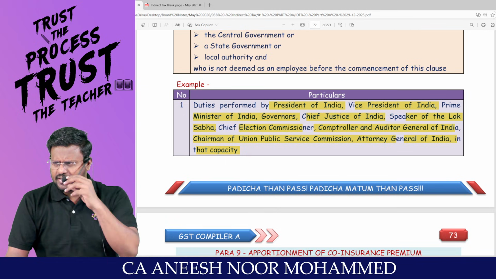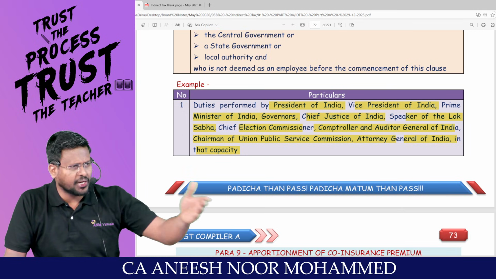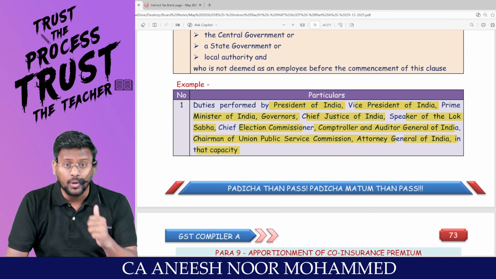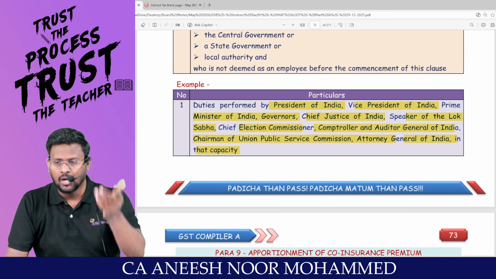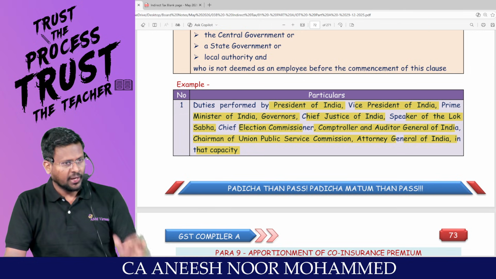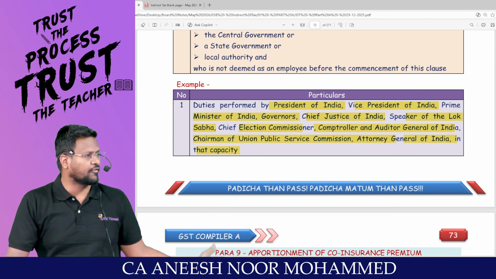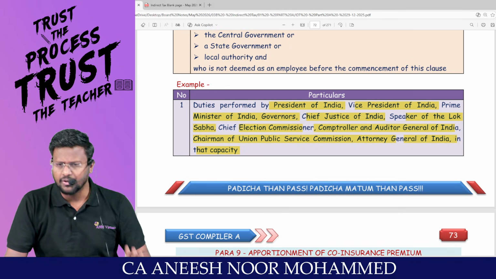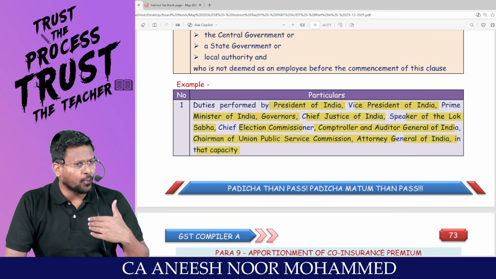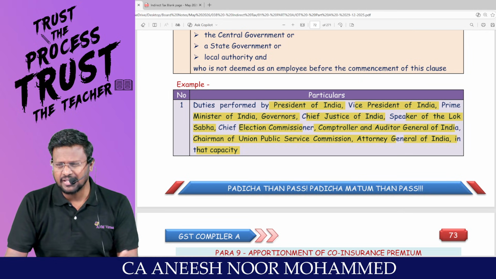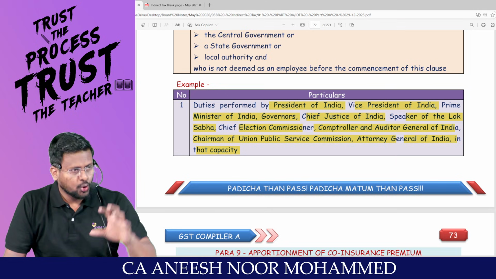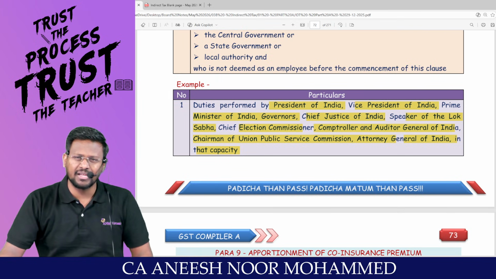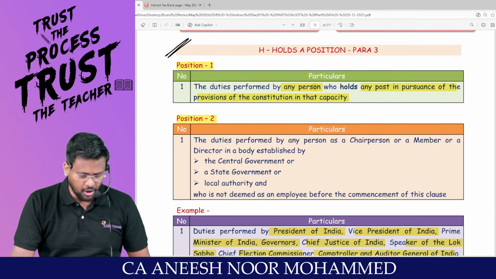If you write the UPSC exam only, you can become a collector, you can become IRS. Like that, all the government civil service examinations are there. When to conduct the exam, what should be the question paper, what is the time of conducting the examination, everything will be decided by the chairman of UPSC. He is holding that post because of the Constitution of India. So he will be providing services. Those services are literally for the general public, to recruit people to the government. So that will be treated neither as supply of goods nor as supply of services.